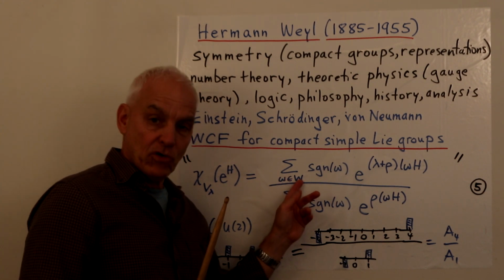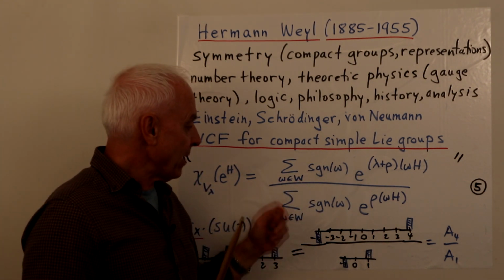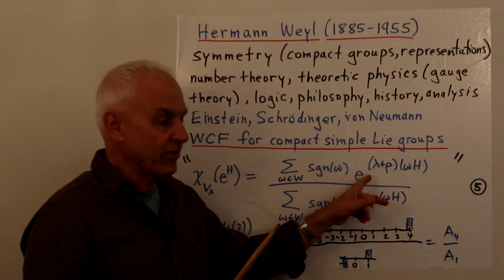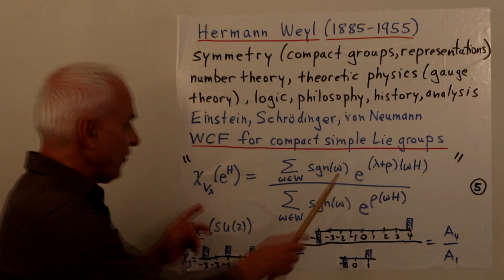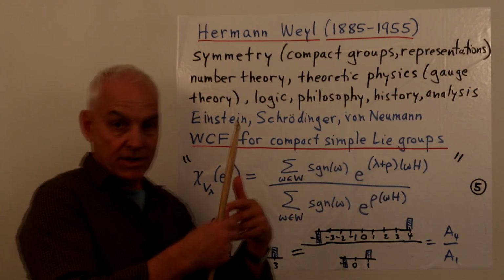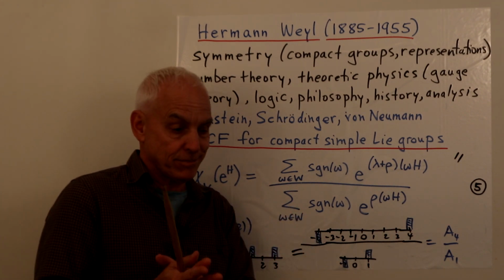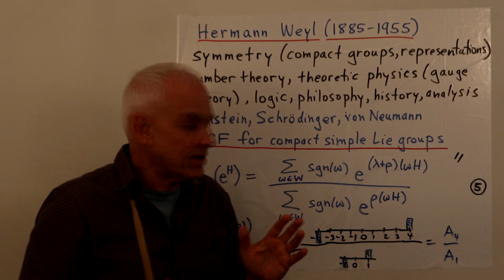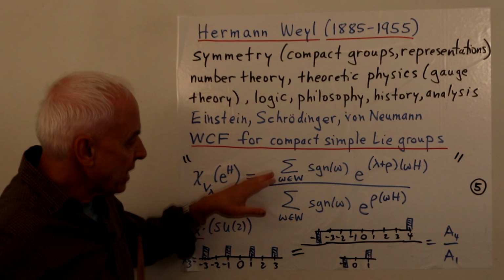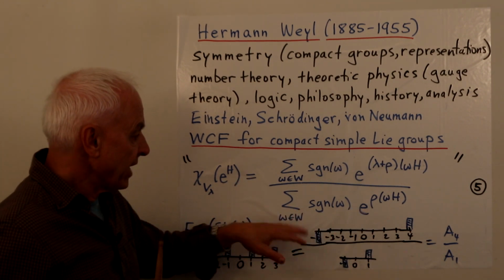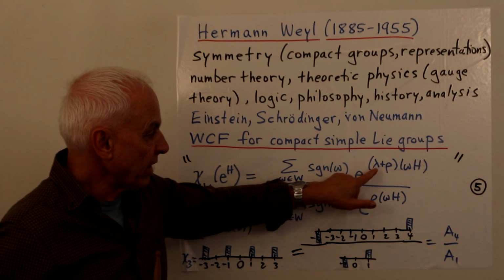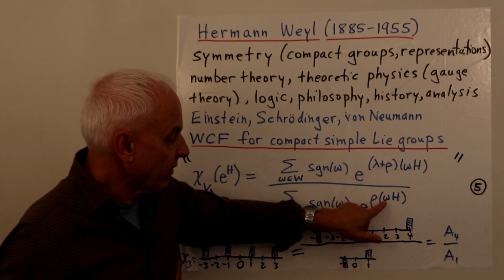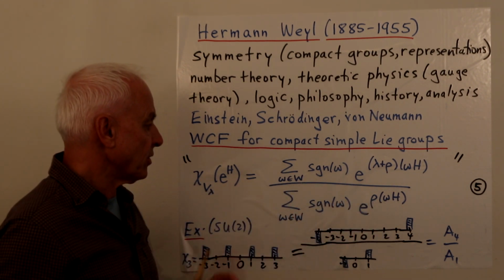So there's a finite group called the Weyl group, very famous, and we're having to sum over the Weyl group, and we're summing some plus or minus ones, and here are exponentials, e to the lambda plus rho, where lambda is some weight which corresponds to the irreducible representation that we're talking about, okay? And rho is some important kind of quantum shift that somehow mysteriously occurs. Okay, and down in the denominator, it's called the Weyl denominator, it's a similar kind of thing, but now there's no lambda, it's just the exponential of e to the rho of WH, but we're still summing over Weyl translates